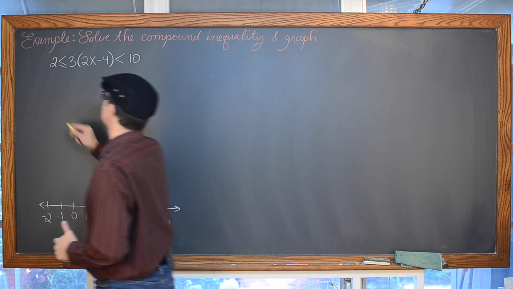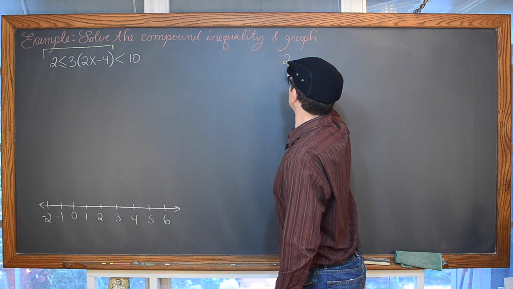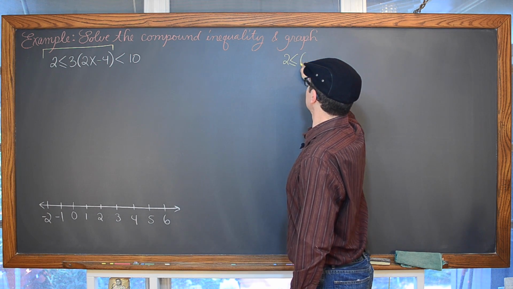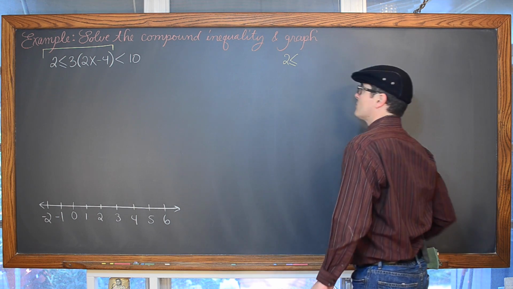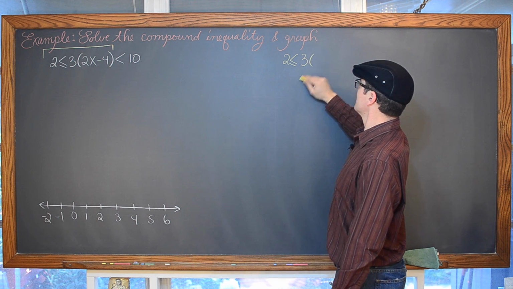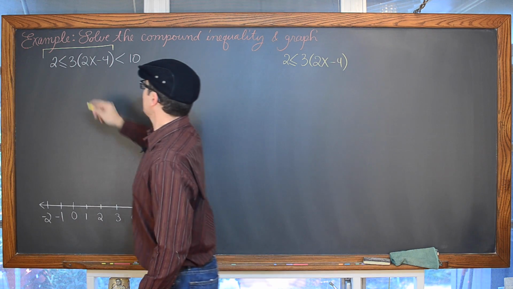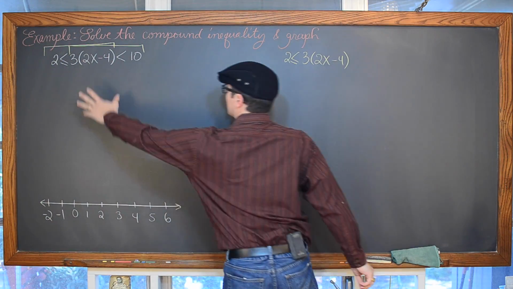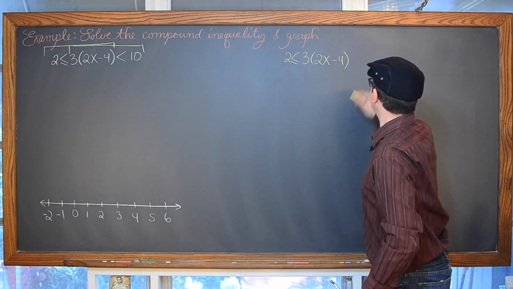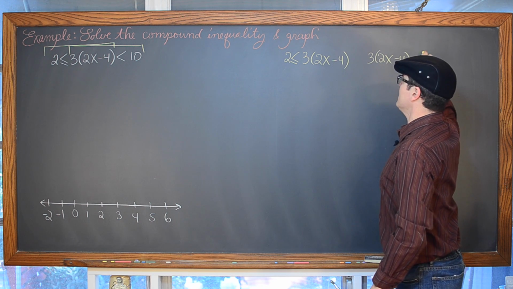You could recognize that we have a 2 is less than or equal to 3, excuse me, parentheses in the wrong spot. 3 parentheses 2x minus 4, and then you have another inequality here. Getting a little static. So with some fresh batteries, we're going to recognize that we have 3 parentheses 2x minus 4 is less than